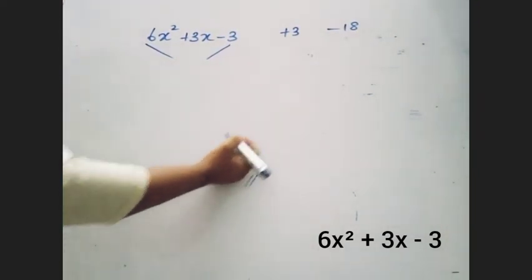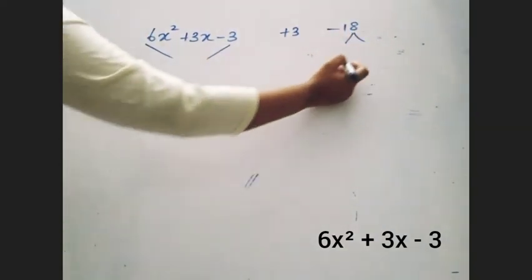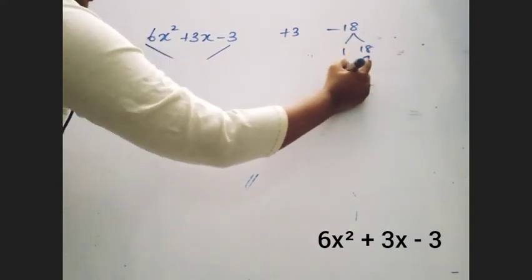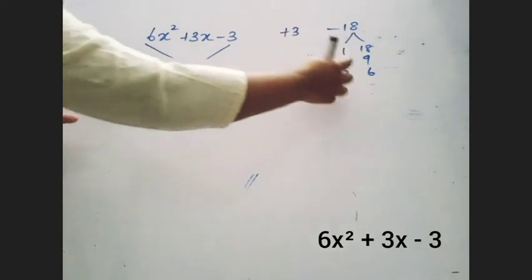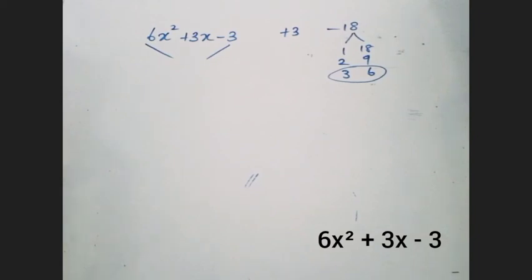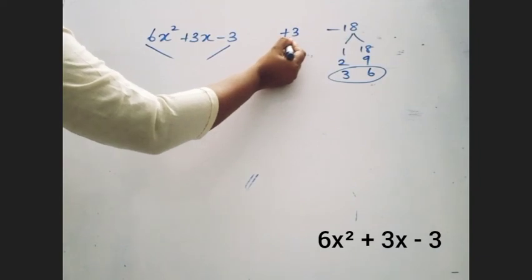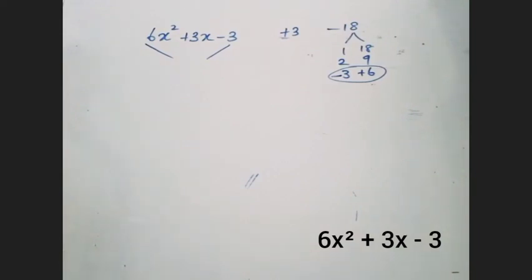Right. Now let's choose the pair of the numbers, which is 1 into 18, 2 times 9, 3 times 6. So that's all we have got. So the correct pair would be, so here you have a negative 18. That means you will be getting two different signs. So when you subtract only, you will be getting this value, which is this, the third pair. Okay, right. Now let's put the signs properly. Now the answer is in positive, so the higher numerical value will contain positive and the other one negative.